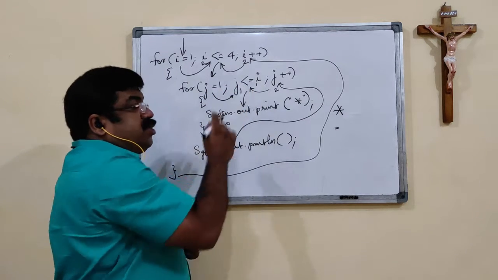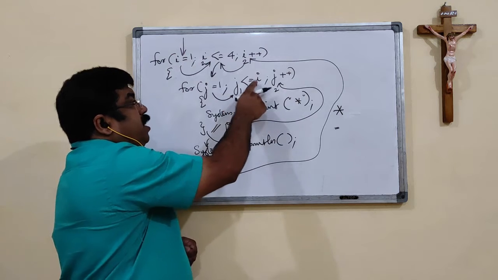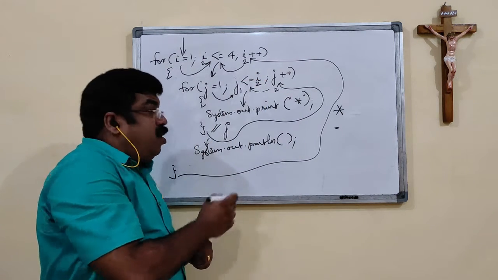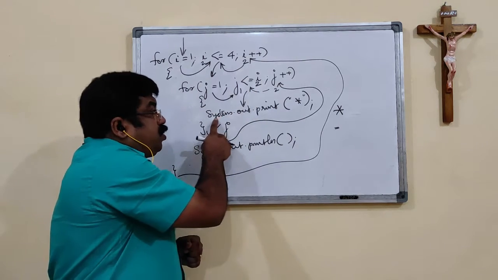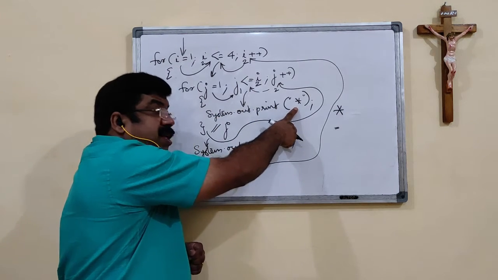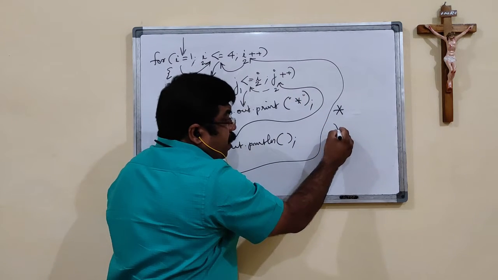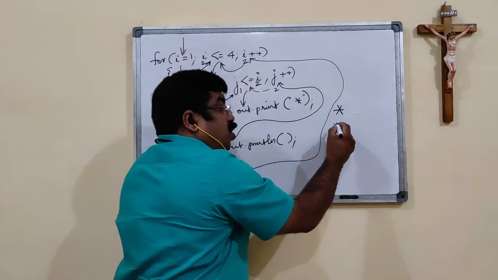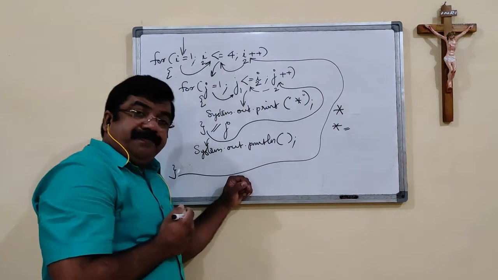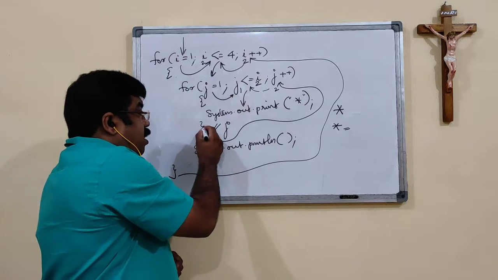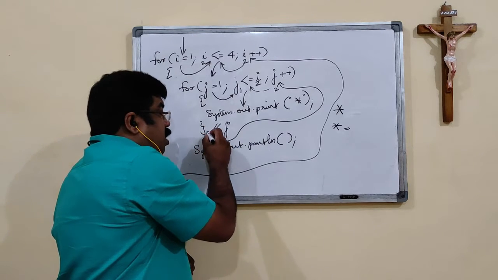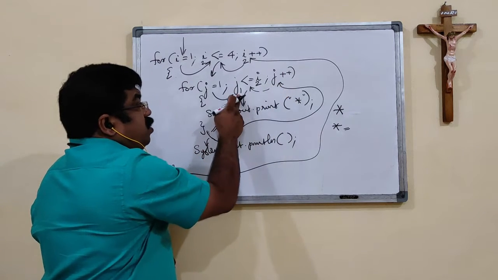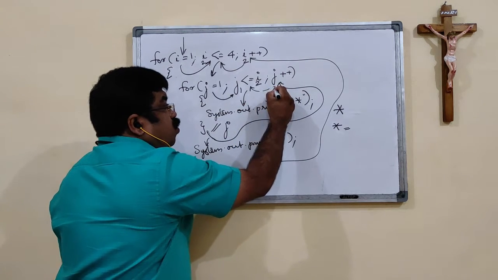Now it is checking the condition. 1 is less than I, 2, or not. Yes, condition is true. We come to the body, System.out.print. 1 star is getting printed. Since it is System.out.print, the cursor will remain on the same line. Again we come to the closing brace. It leads us to go back to the incrementing. j, which was 1, is getting 2.